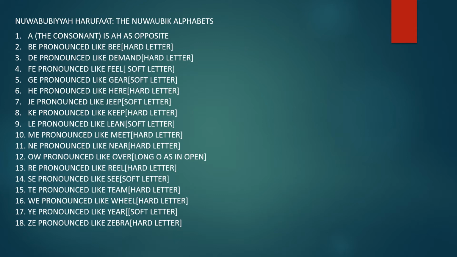So let's go to the 11th letter. The 11th letter of the Nuwaubik alphabet is ni, pronounced like near. And it's a hard letter. So of course, when the A precedes the N or comes after the N, it is pronounced as na. Unless the A is doubled and it's spelled N-A-A, then you would pronounce it na, as in the